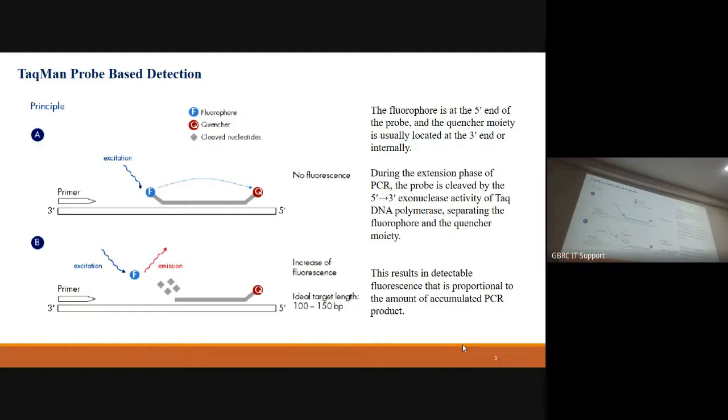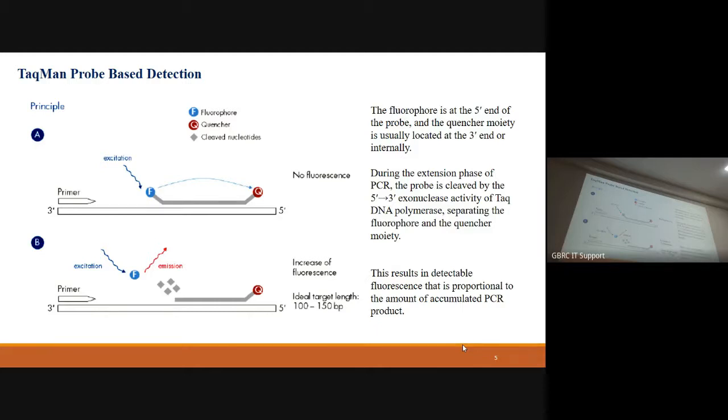So the second approach is a TaqMan probe based assay. In an EvaGreen or SYBR Green assay, you have only a forward primer and reverse primer. But here you have one more specificity element, the probe sequence. The probe sequence will be around 20 to 22 base pairs in size. In the probe sequence, there will be a fluorophore, a fluorescent dye, attached at the 5 prime end, and the quencher will be at the 3 prime end.